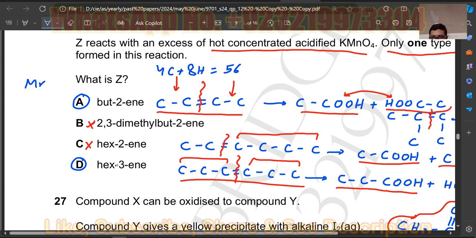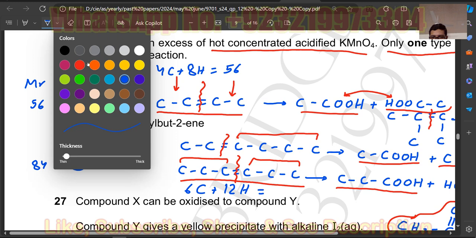You can use the calculator. And the D is hexene, which means there are 6 carbon atoms. And how much hydrogen? 3 plus 3 is 6, 6 plus 2 is 10, and then we have 1 more, 12. We have 12 hydrogen atoms. So when you find the Mr value of this hexene, you will get 84, and this 84 is the same